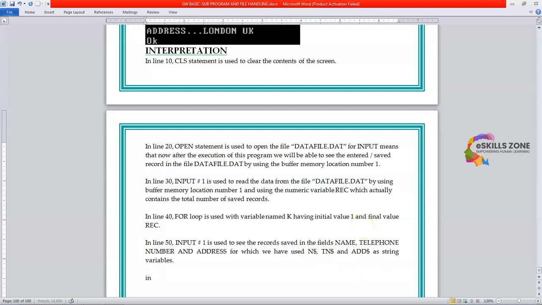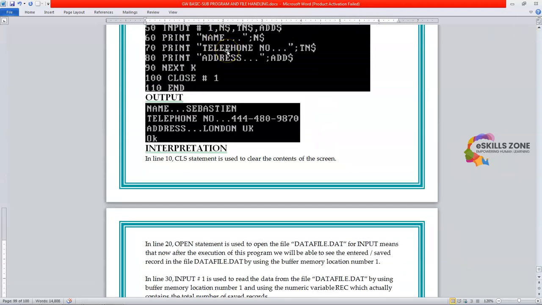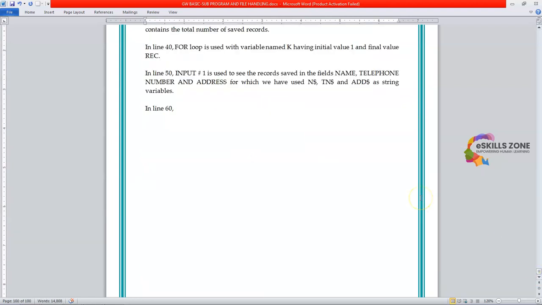In line 60, we will see that three print statements are used, but in the first program you have noticed that input statement was used because that program was used to take the input from the user. But in this program we actually wanted to display the stored data in these three variables, so we will use the print statement because the print statement is used to display the data on the screen. So the saved data will be displayed on the screen with the help of the print statement. So I can type like in line 60, 70 and 80,